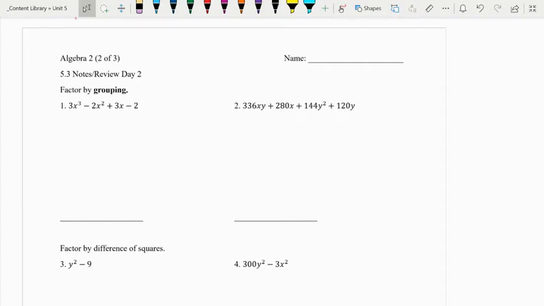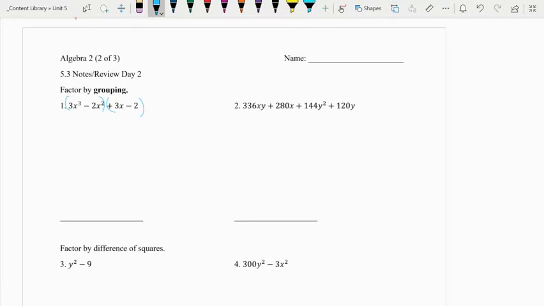All right, so 5-3 notes day 2 is really just a review and a recap of what we already did, just to make sure that we know what we're doing with factoring because it's such a crucial topic. So for number 1 and 2, they say factor by grouping. So remember, grouping is when we have 4 terms. So the first thing we do is we're going to group it into 2 separate